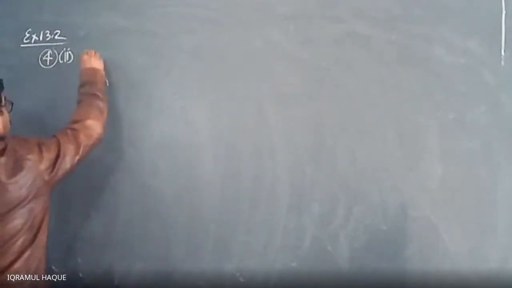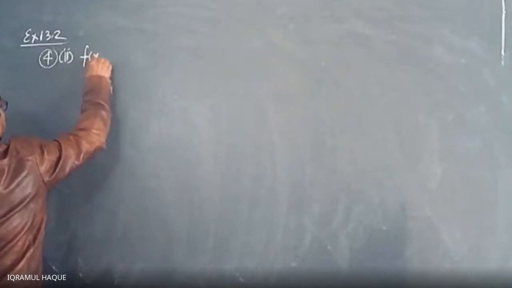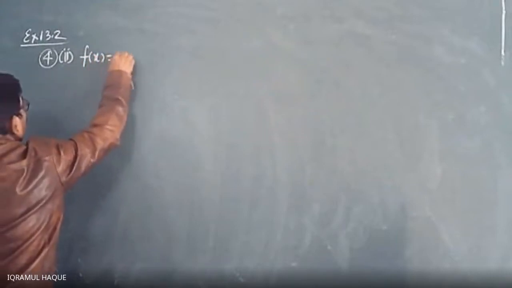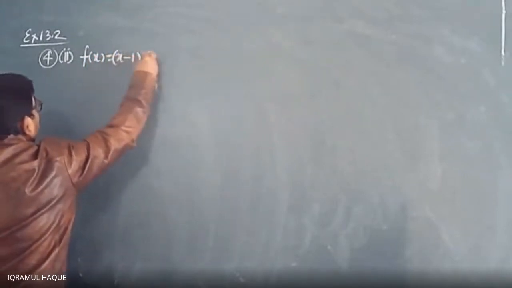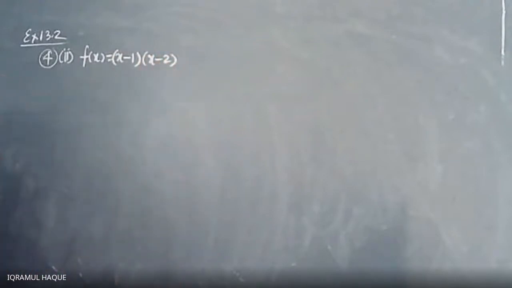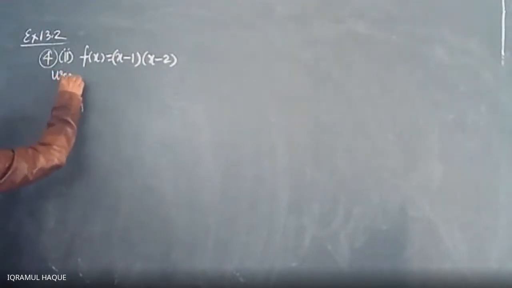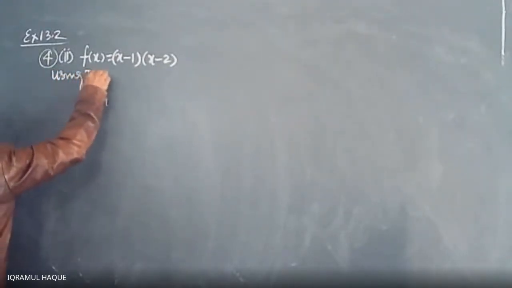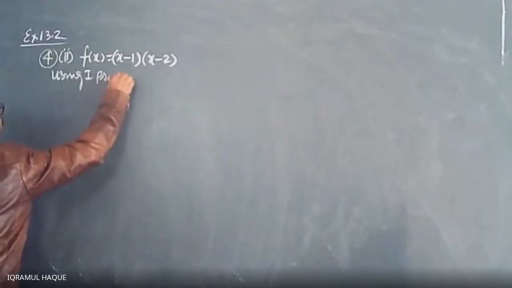Second part, f(x) is equal to (x minus 1)(x minus 2). Now, using first principle,